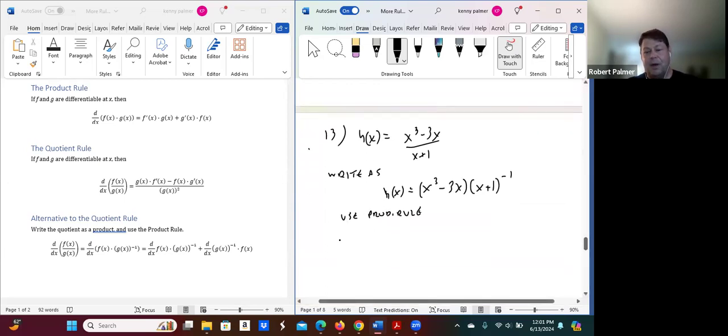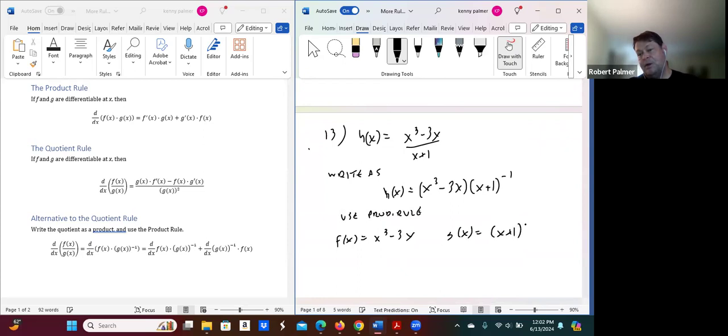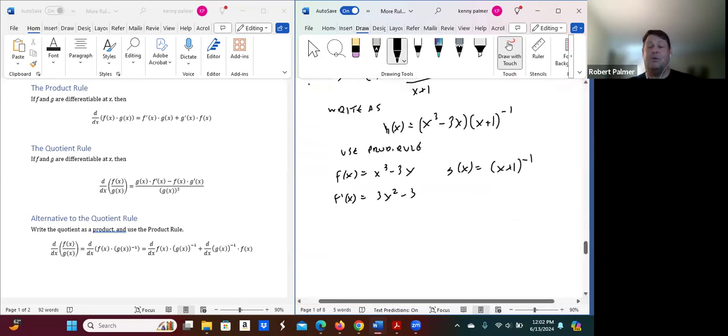Now, I'll set up the same way. So if I call f of x the same thing, x cubed minus 3x, and g of x is x plus 1 to the minus 1. Then, of course, my derivative here is the same. f prime of x is the same: 3x squared minus 3. And over here, now I'm introducing something called the chain rule, which we'll